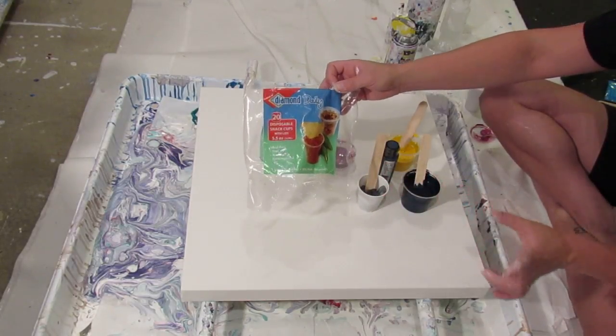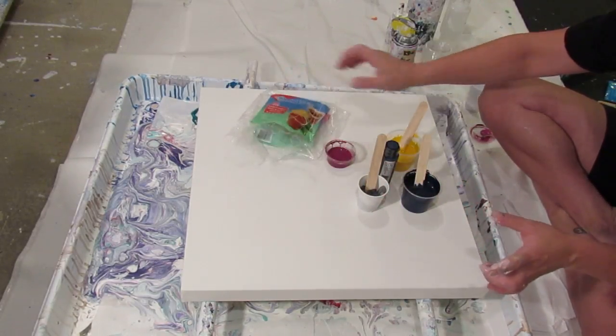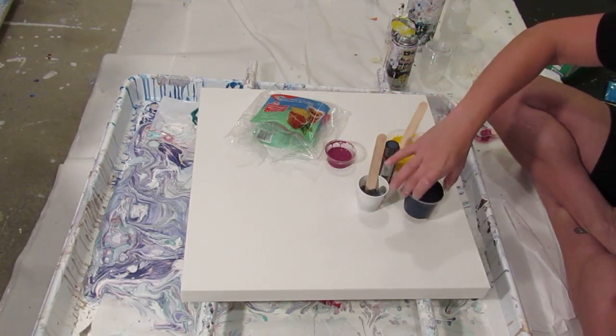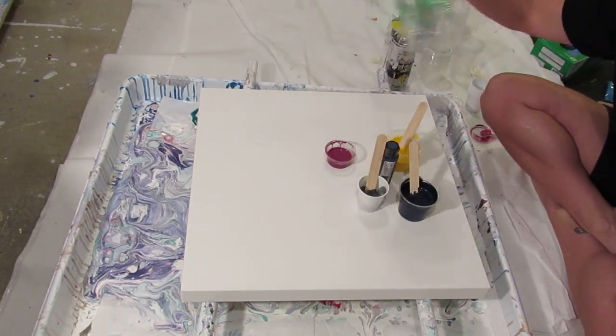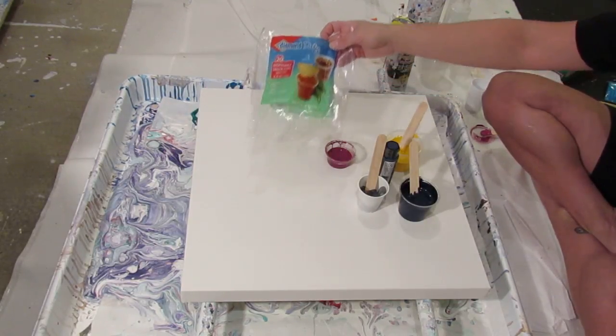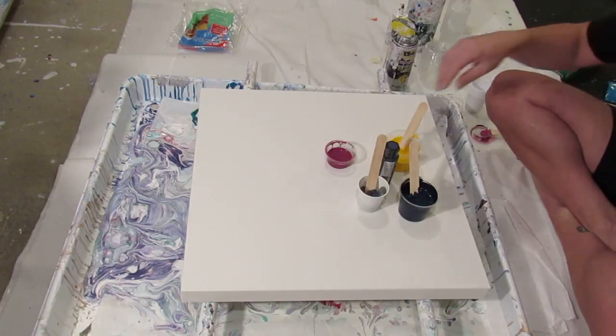Okay, first I want to tell you, if you guys haven't bought these already, they're awesome. I've got the little 2 ounces, but these are the 5.5 ounces. I can mix my paint and store them, and they're just awesome. There's 20 of them, and I think it was under $3. So, anywho,